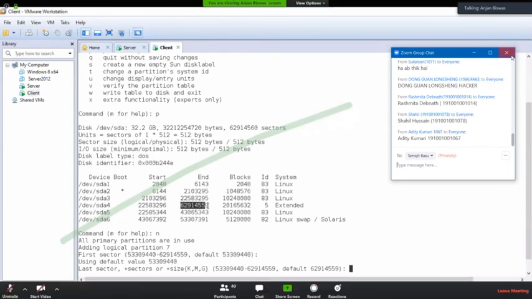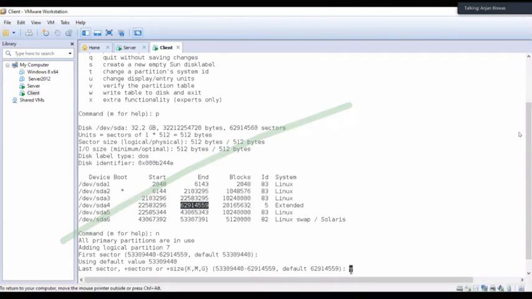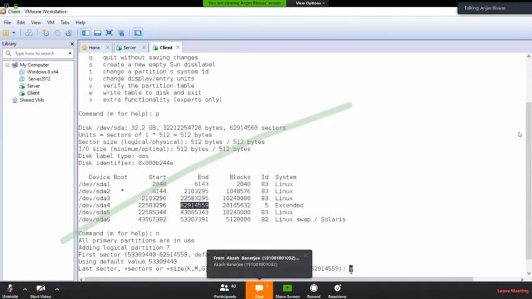It means if you press Enter here, then the whole extended partition, meaning the empty space, will be occupied to create only a single partition. The sector or cylinder concept is a very advanced part. If you want to put a value, like I want to create a 2 GB partition or a 20 GB partition, you can put it here also.